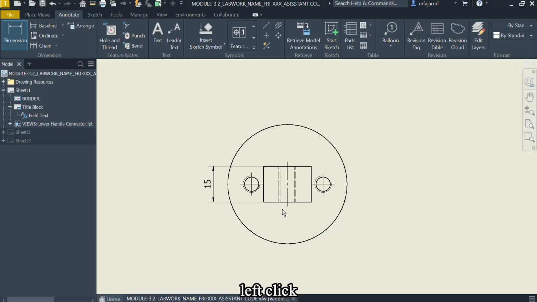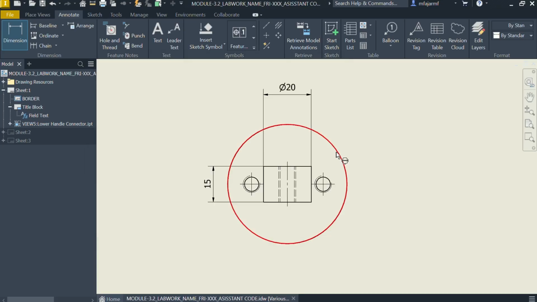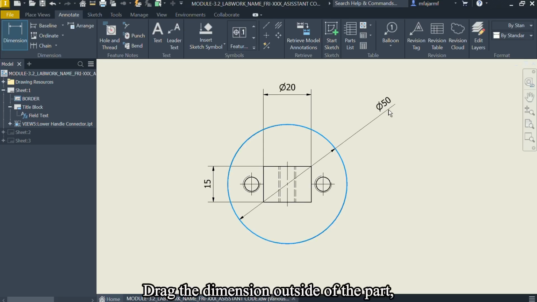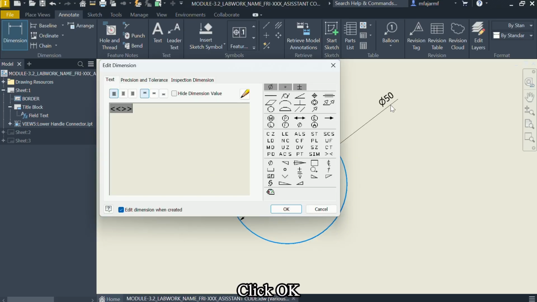After that, left click on all determined lines from left to right. Drag the dimension to the top side. Left click and then click OK. Click on the outer circle. Drag the dimension outside of the part. Left click. Click OK.